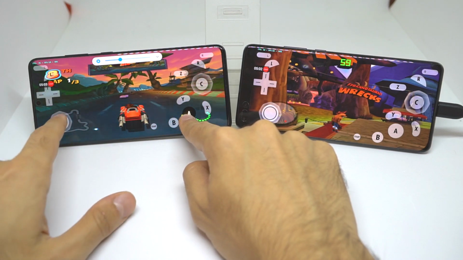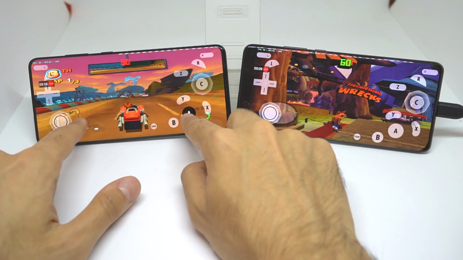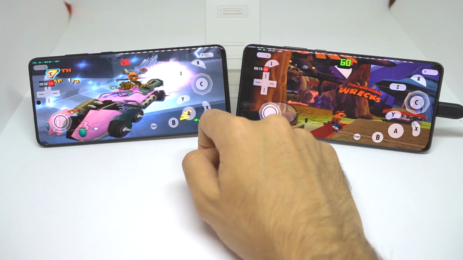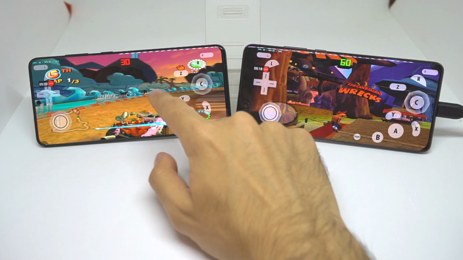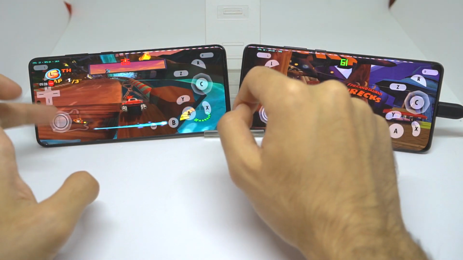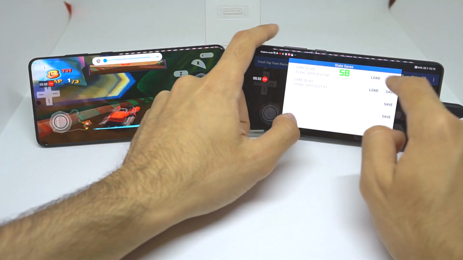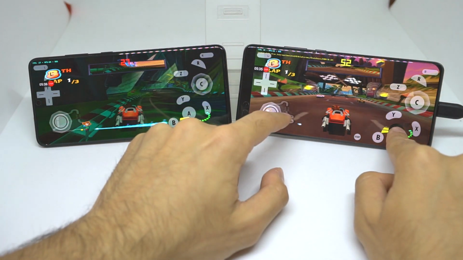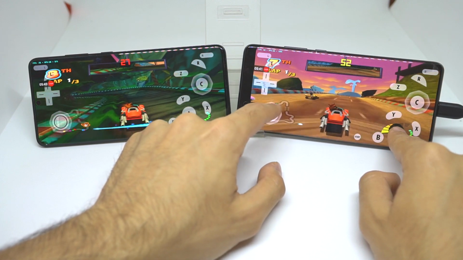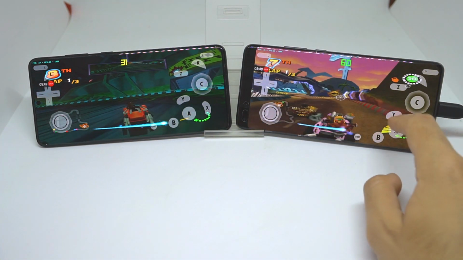On the Samsung we're getting about 29, 32, 33. We dropped to 26 FPS at one point. So let's mute this. That was 26 FPS, the lowest we got. Now for the Huawei P40 Pro. We're already averaging out much higher. We did drop to 27 FPS, similar to the Samsung, but